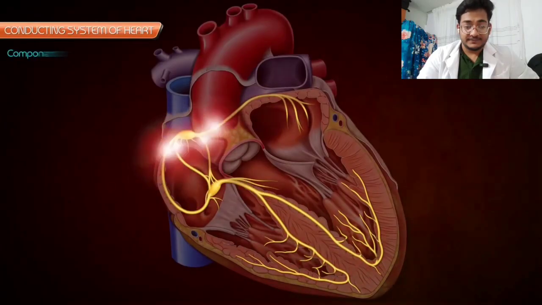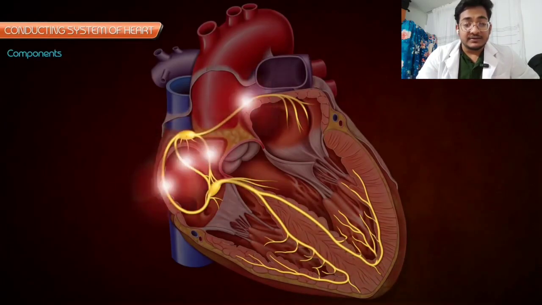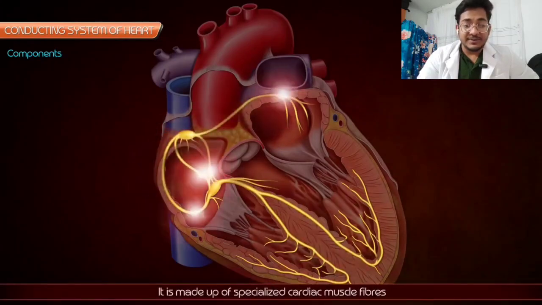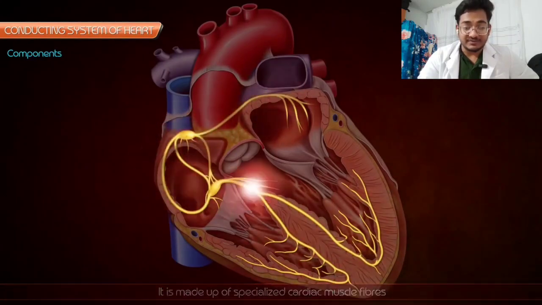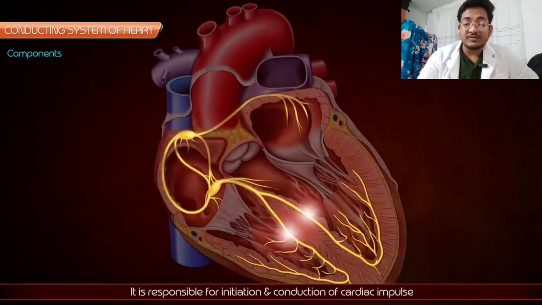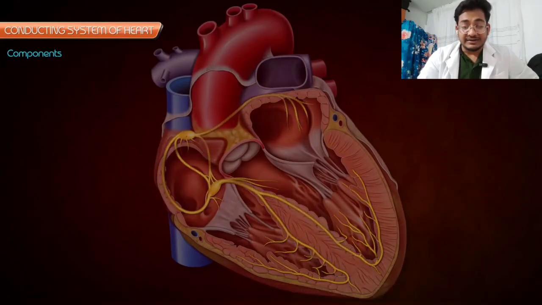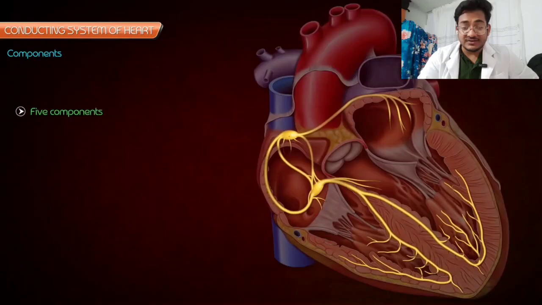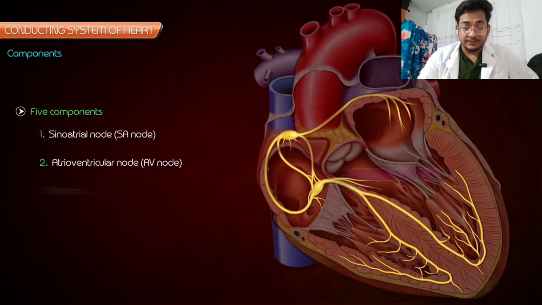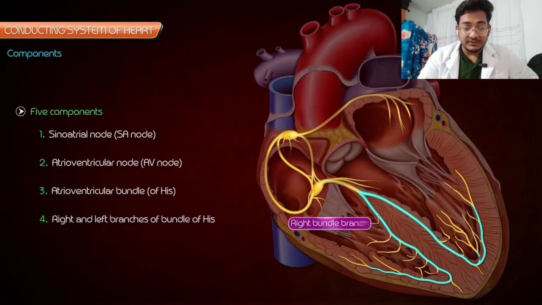Conducting system of the heart. Components. The conducting system of the heart is made up of specialized cardiac muscle fibers, and it is responsible for initiation and conduction of cardiac impulse. The conducting system of the heart consists of the following 5 components: the sinoatrial node, atrioventricular node, atrioventricular bundle, right and left branches of the bundle of His,